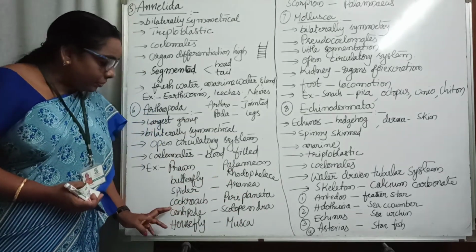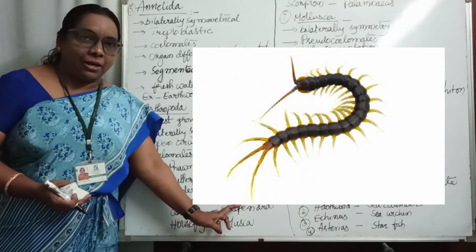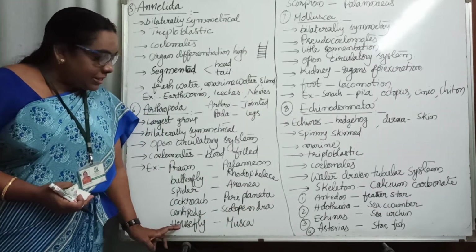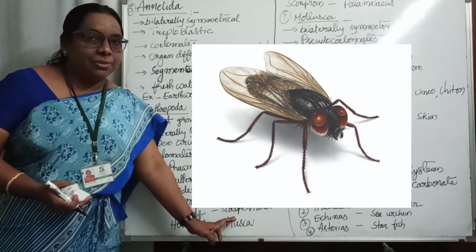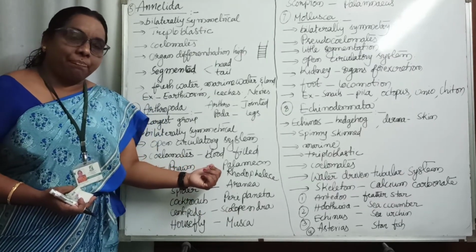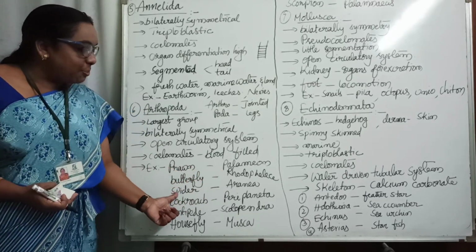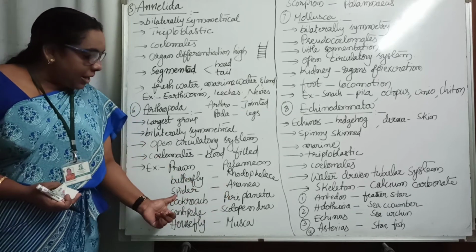Periplaneta. Coming to the centipede, we call that Scolopendra. The next one is the housefly, and the scientific name is Musca. Let me repeat that. The prawn's scientific name is Palaemon, butterfly Rhodogastria, and spider is Araneus, and the next one